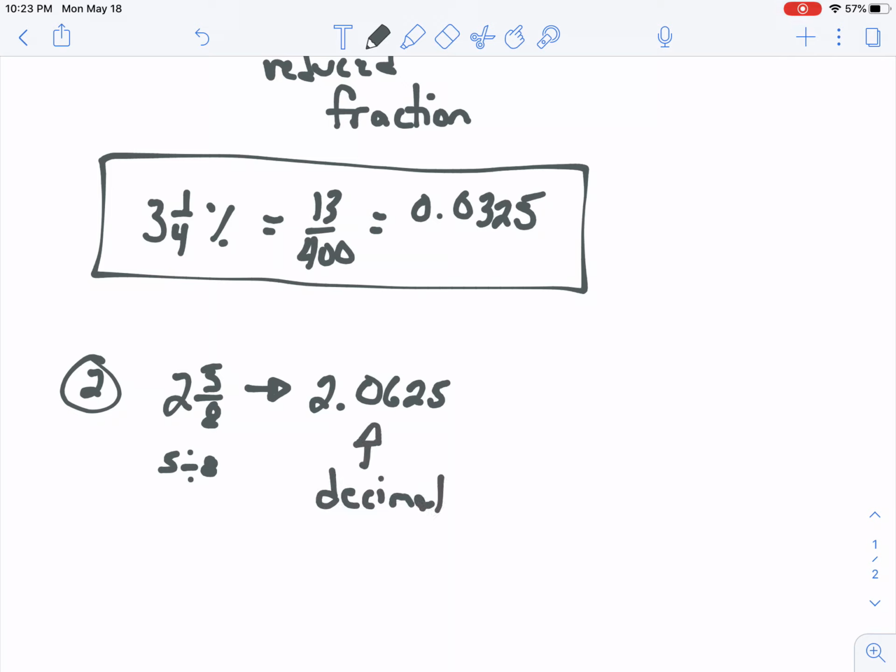Now, knowing that I have a decimal version, to move from a decimal to a percent, we simply times it by 100. So to figure out what it is as a percent, I'm going to times it by 100. I'm going to get 206.25. Now what I'm doing quickly, just so you guys know, is I'm looking at my decimal, and I'm being aware that if I'm multiplying by 10, it'd go here. If I'm multiplying by,